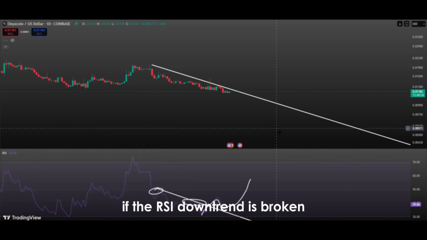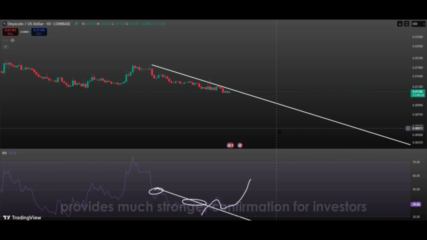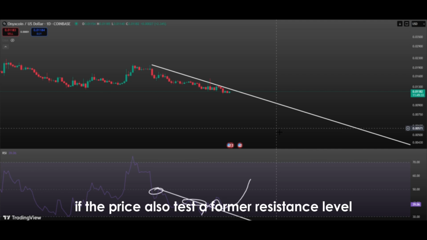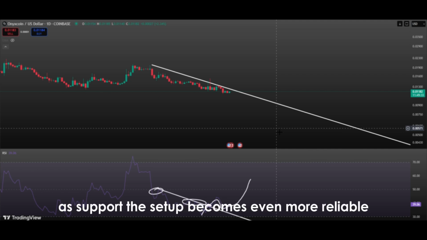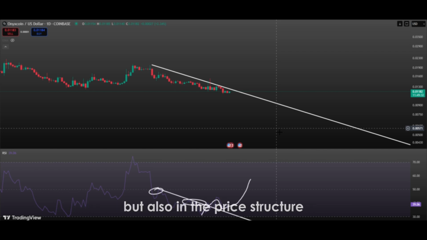If the RSI downtrend is broken, most of the time a downtrend line on the price chart is broken as well. Having both signals occur simultaneously provides much stronger confirmation for investors. During the retest, if the price also tests a former resistance level as support, the setup becomes even more reliable. Therefore, the retest phase in RSI is significant, not only in terms of the indicator, but also in the price